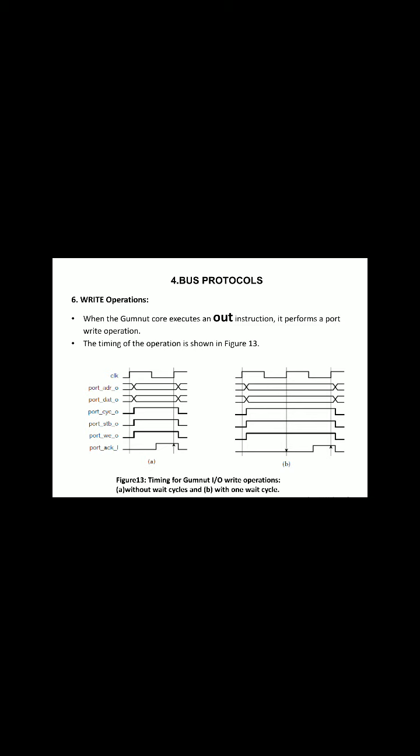In figure A, from the next clock cycle we are getting the output, but in figure B, after one clock cycle delay we are getting the output. You can see the delay here. This is one wait cycle. Observe that in figure A, at the second clock cycle we are getting the output. In figure B, after the second clock cycle, waiting for one clock cycle, from the third clock cycle we are getting the output. This is nothing but signifying the wait cycle.